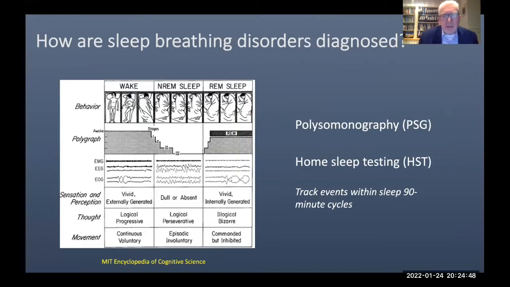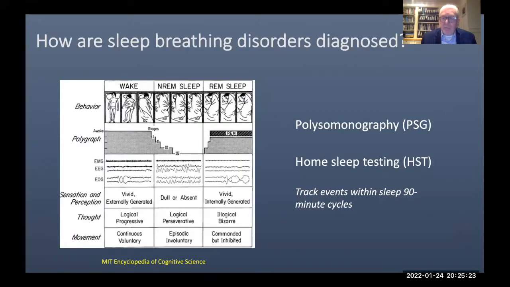So how are these sleep breathing disorders diagnosed? Well, the medical standard for diagnosing sleep disordered breathing is polysomnography, commonly known as PSG. PSG studies occur in hospital environments or in sleep laboratories. They measure a significant number of physiological parameters and collate that data. It's examined by respiratory physicians or physiologists and sleep physicians, and reported on to categorize the severity or otherwise